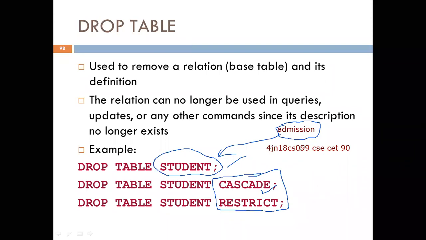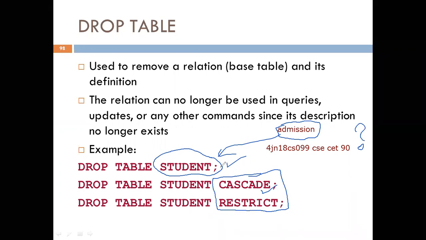Now what happens when I want to drop this particular student table? What will happen with this admission row? When we want to drop the student table, it is being referred by the admission table, and that particular table is having the data.